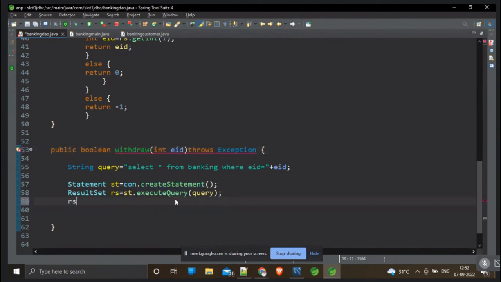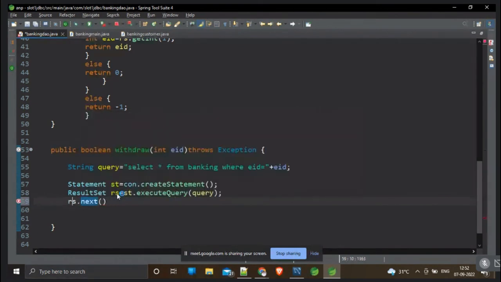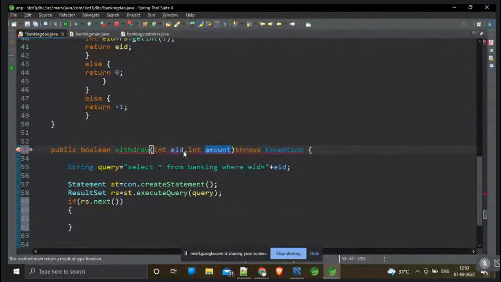Now we have the result set, rs dot next. If we got a result, we have to withdraw some amount, and we have to read the amount from the user. So let's declare the amount here, int amount. Now we have to read the account balance from the result set. Account balance equal to rs dot